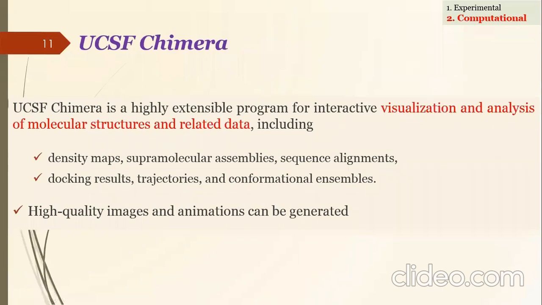Okay, so UCSF Chimera is a highly extensible program for interactive visualization and analysis of molecular structures and related data, including density maps, supramolecular assemblies, sequence alignments, docking results, trajectories, conformational ensembles. High quality images and animations can be generated. So using UCSF Chimera, what can we get? We can get density maps,